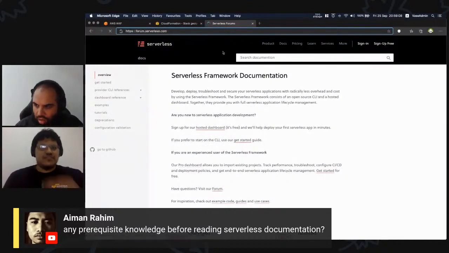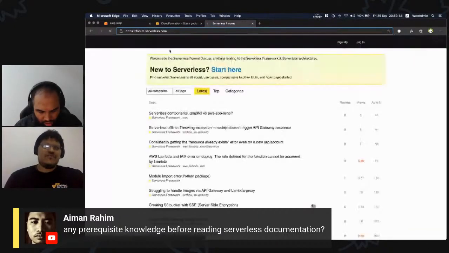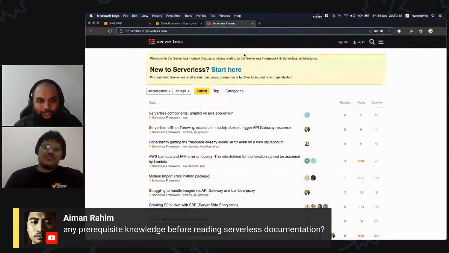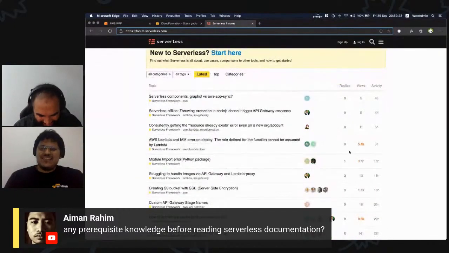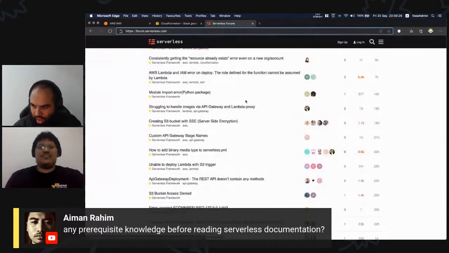I haven't used it myself, but serverless is something that a lot of people are pretty interested in, and generally new tech. Can I say serverless is new? Serverless is not really new. I spoke about it in 2017. Exactly, right? But looking at it, it seems like it's quite active, and there's a lot of people requesting help and also asking questions. So yeah, sign up for the forum and ask in the forum, right?